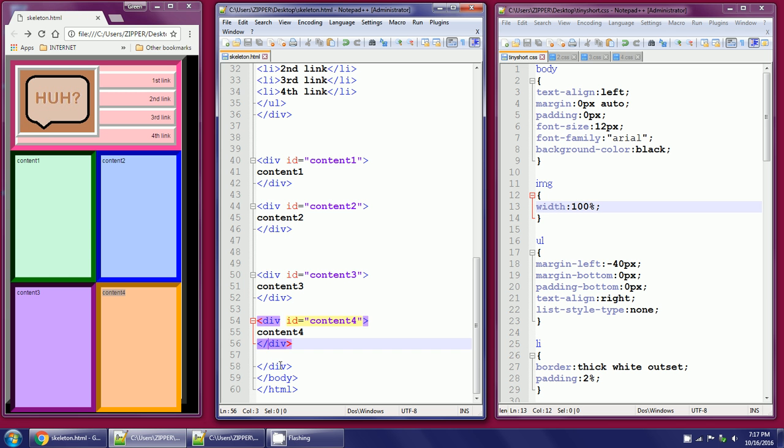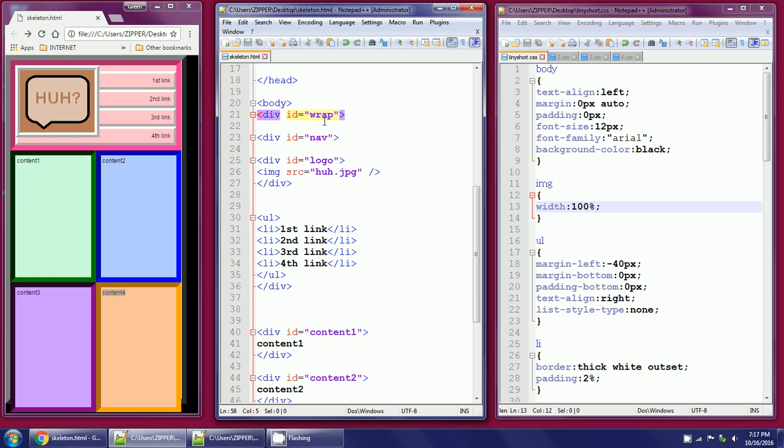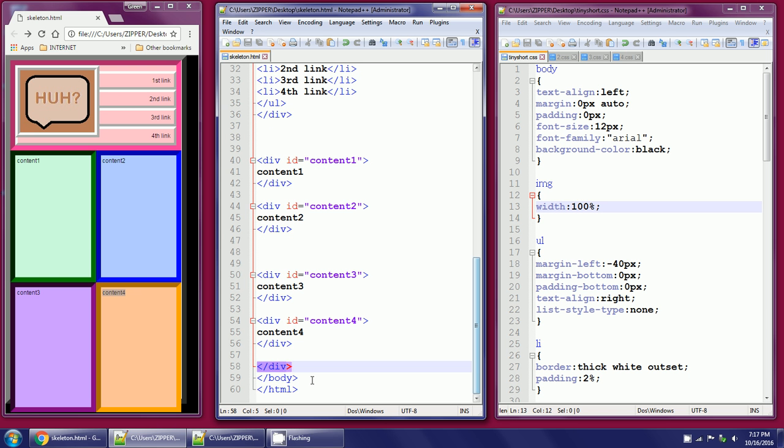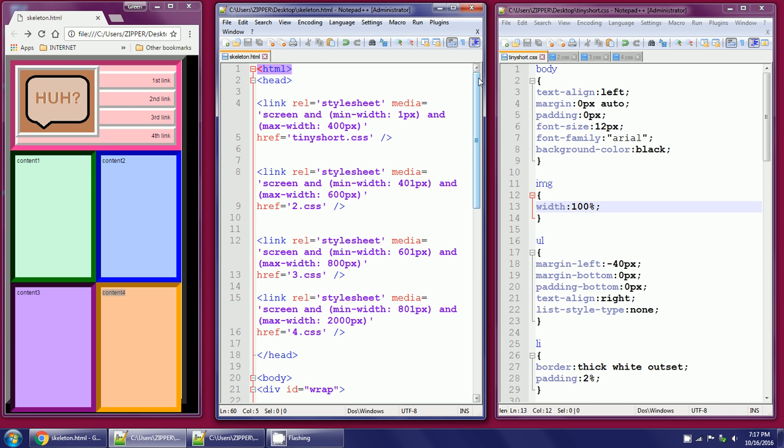Okay, there's the end of the wrapper div. If I go back up here, you'll see div ID equals wrap, end of body, end of HTML. Alright, so that's all that you get for the web page code. It's all that you need. Now let's look at tiny